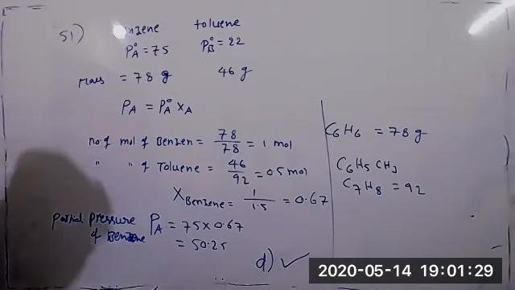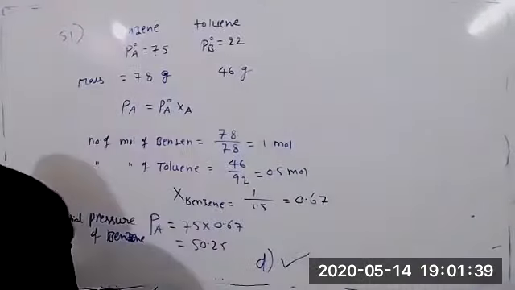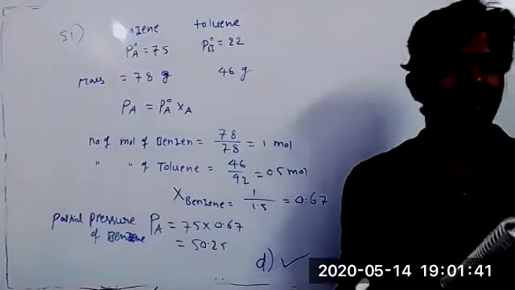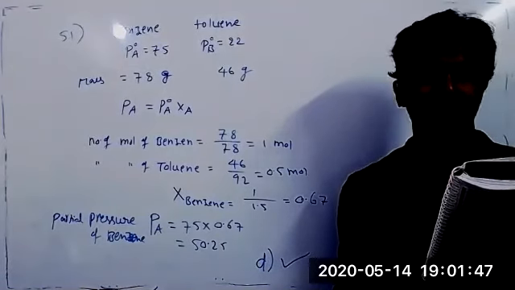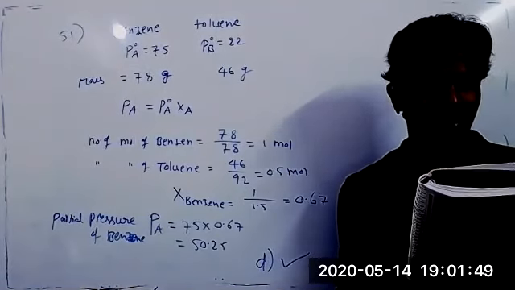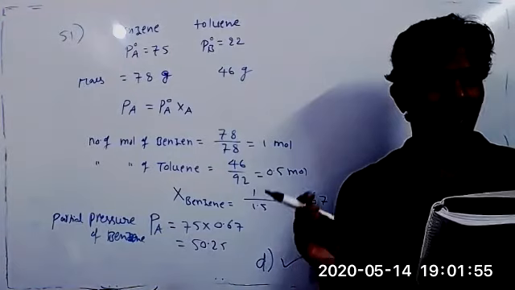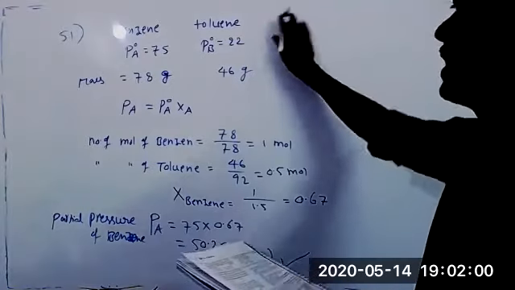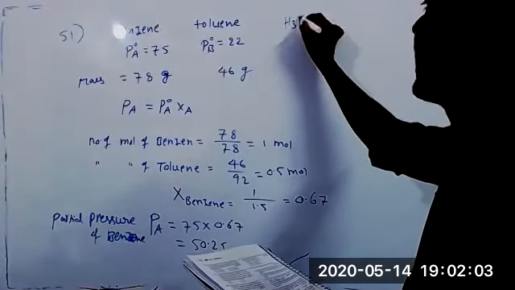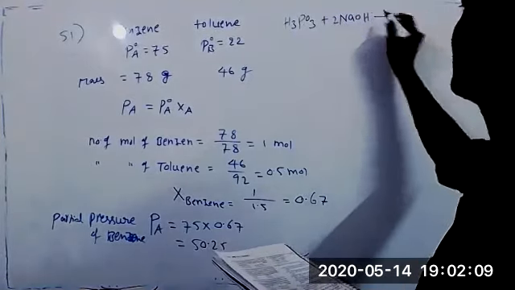Okay, then question number 52. Here is a neutralization reaction. To neutralize completely 20 ml of 0.1 M aqueous solution of phosphorous acid, the volume of 0.1 M aqueous KOH solution required is? So, how much KOH solution is required to neutralize completely H3PO3? Here I will write the reaction. H3PO3 is a dibasic acid plus NaOH. We have to take 2 moles of NaOH to neutralize this completely.